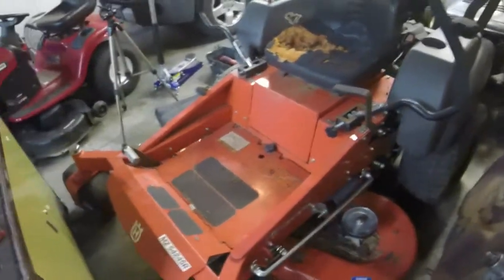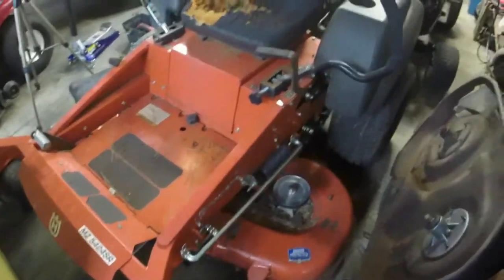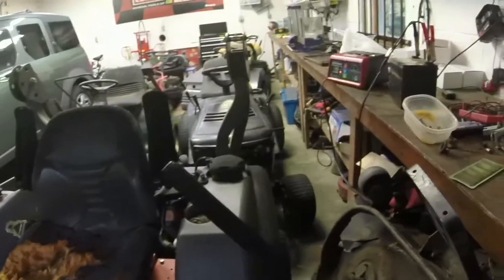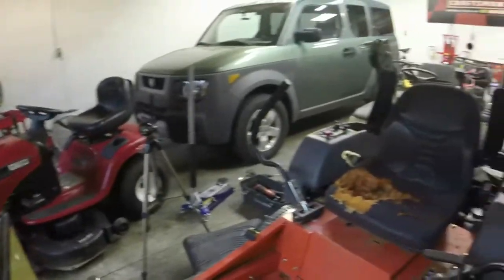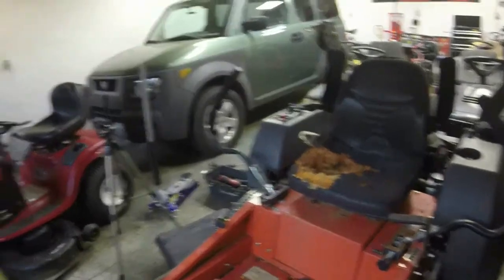Alright y'all, so I've got the belts on the zero turn, so that's another one done today. I want to upholster things, but it looks like we're about to get a pretty decent sized storm here, so probably need to be in the house as that comes through. But here's what we've done all today. We dropped off the John Deere, we went and took a look at a Simplicity, we fixed the